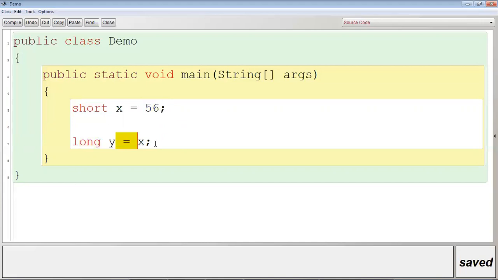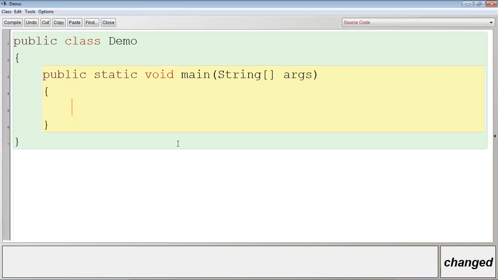What is the direction? The direction is from left to right. Remember the chart. Write in your notebook and take out that chart. The direction of conversion is from left to right. So it will be done automatically by the compiler. Clear? Okay, now let me give you one more example of implicit conversion.